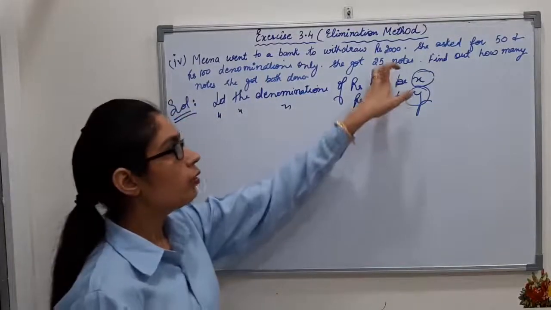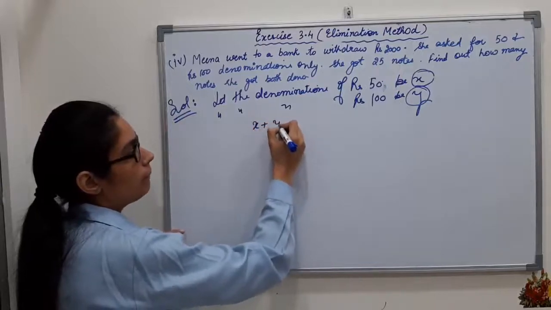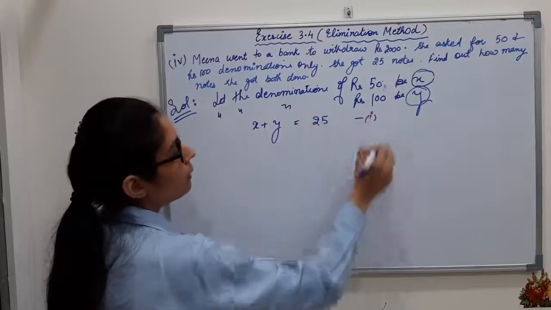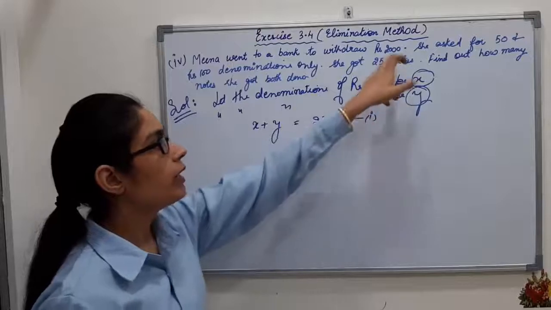So total she got 25 notes. This means if I add x plus y, total notes I am getting 25. This was very simple. I will consider it as my equation 1. So it's written she got 25 notes. And now,